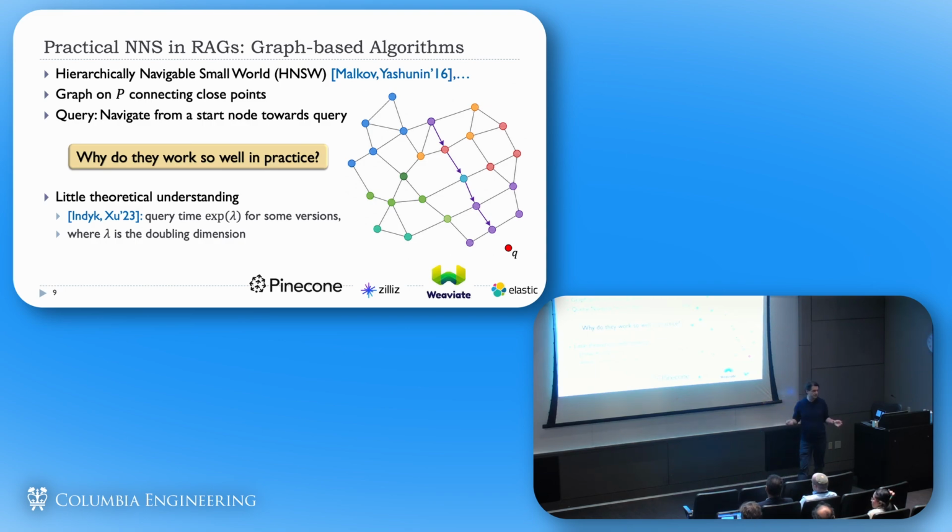So there is a curse of dimensionality still, but at least it is only with respect to this doubling dimension, which we assume is small. This is proven for some versions of the algorithms. But for the classic versions of these problems, the ones that are actually used, including this HNSW, you can actually prove, even for two-dimensional point sets, that your query time will be omega n. And pretty much for the same reason that you can design data sets where you will get stuck in a local minimum and will not be able to get anywhere close to the query.